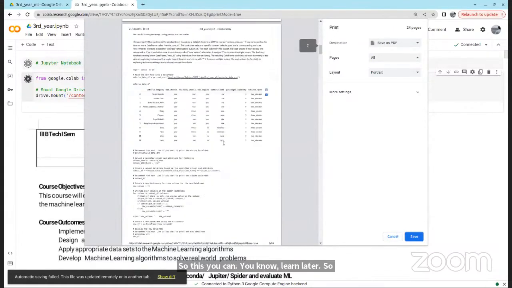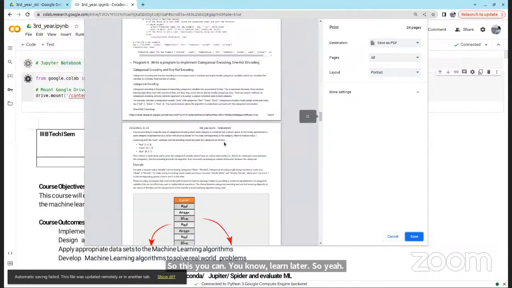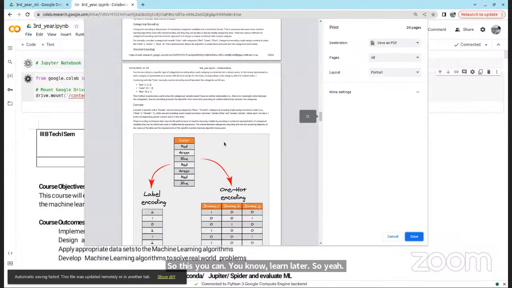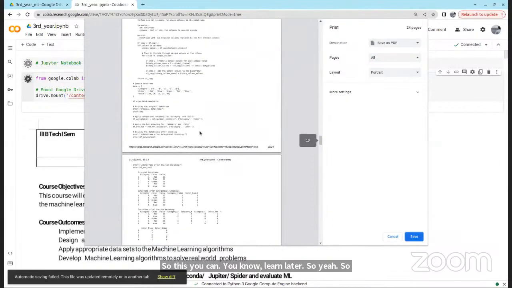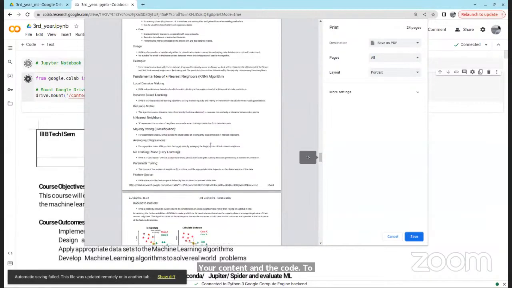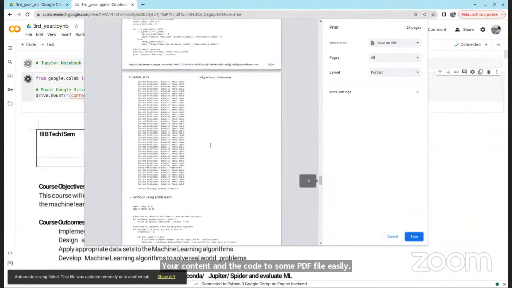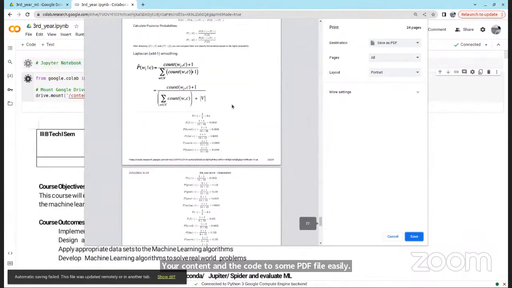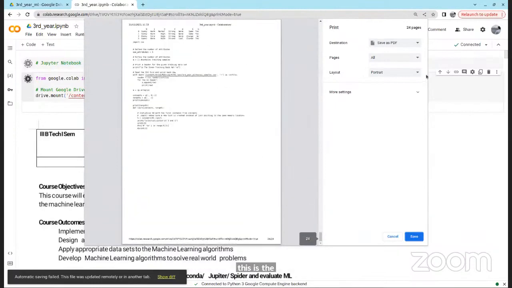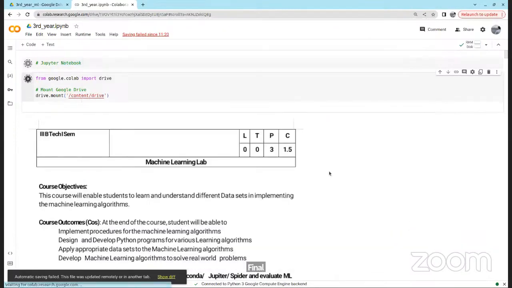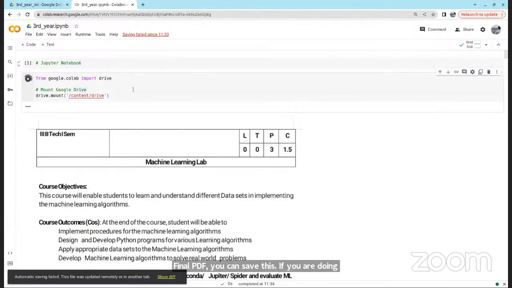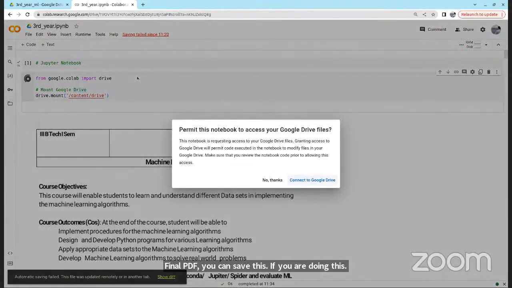So easily you can transport your content and the code to a PDF file. So this is the final PDF. You can save this PDF if you are doing this using Google Colab, or even Jupyter Notebook allows this.